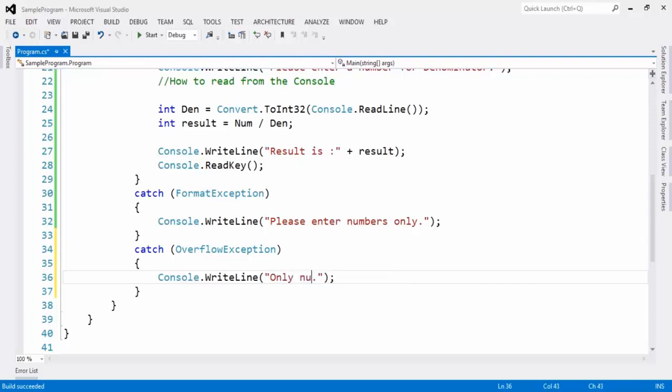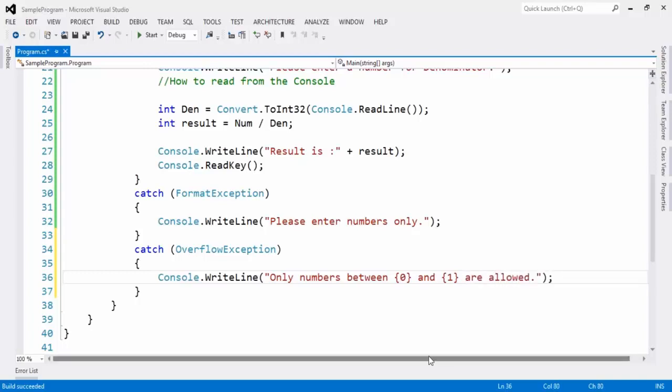Only numbers within some range we can mention. Only numbers between, are allowed.